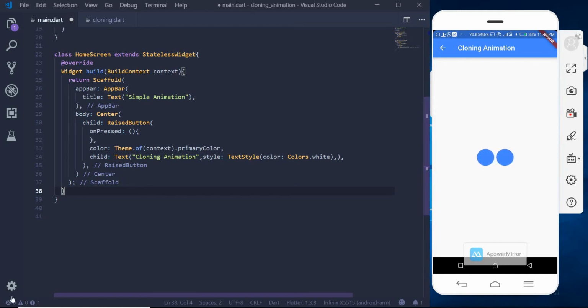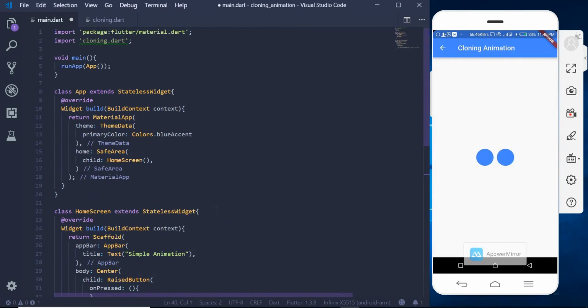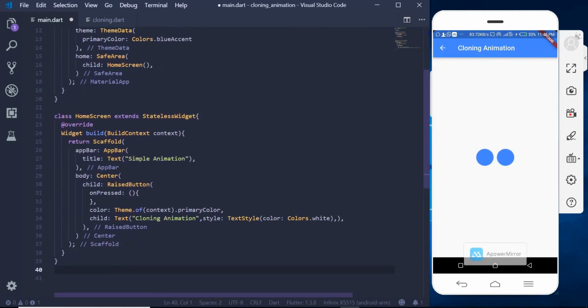In this video tutorial we are going to create this animation, the cloning animation. It's like we have one circle and then it separates into two. So that's exactly what we are going to do for today. And so let's start. The code I have now here is just the home screen where we have the button